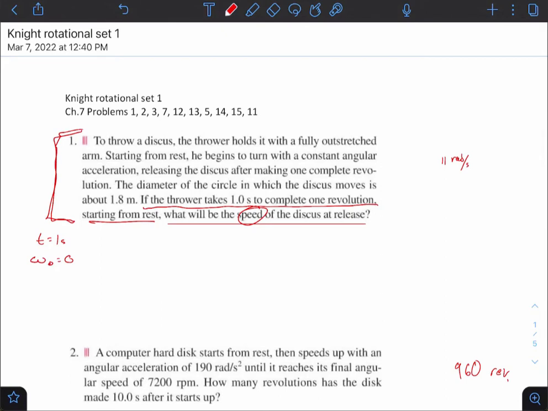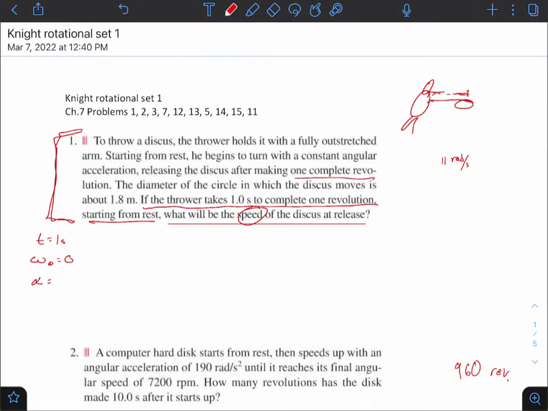To throw a discus, a person throws it with an outstretched arm. And for those of you guys that aren't into track, discus is where they throw the giant disc. Starting from rest, begins turn with a constant angular acceleration, so there is an angular acceleration. He releases it after 1 revolution,